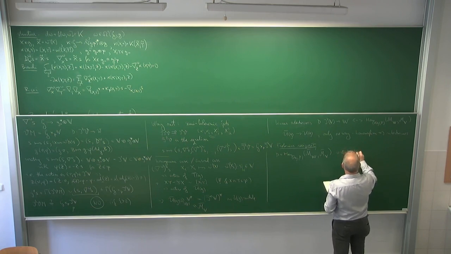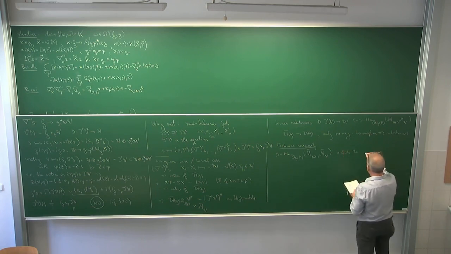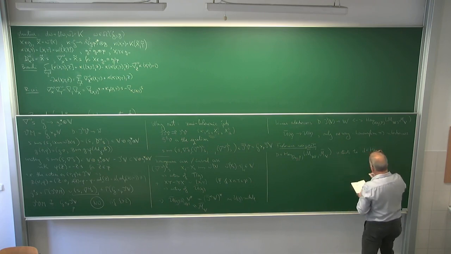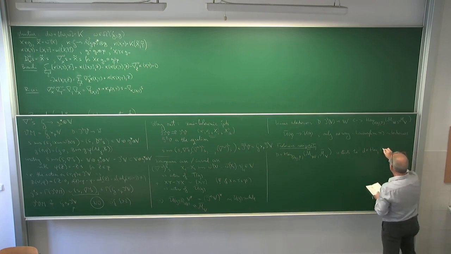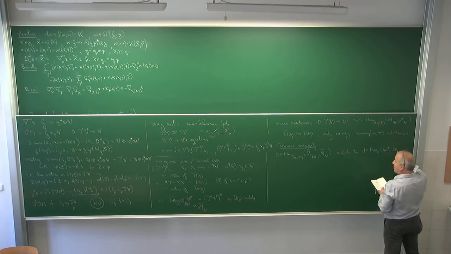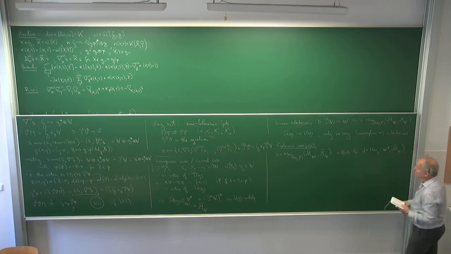Restrict to, say, D, which will be in Hom now only P, and it goes from W star to M bar V. So we simply